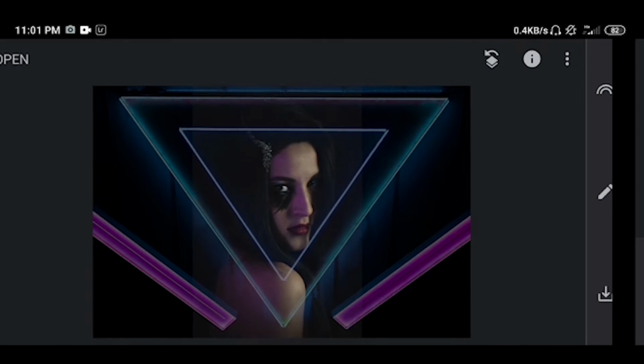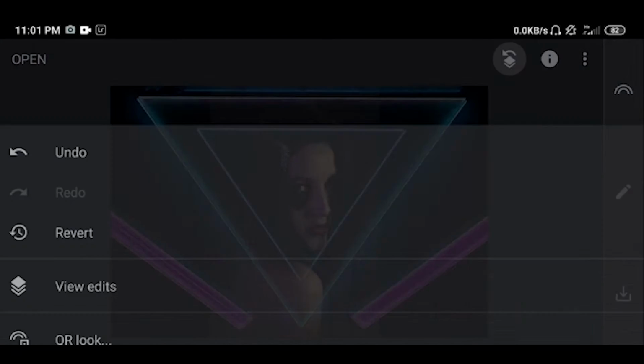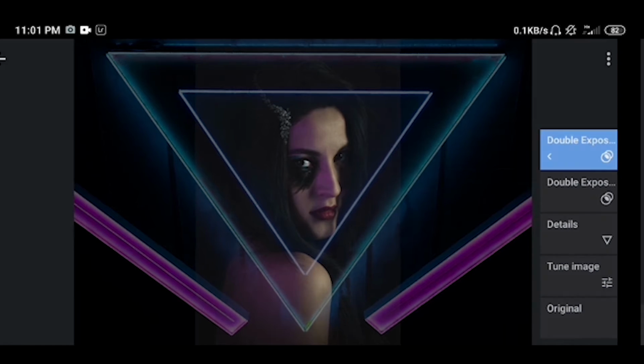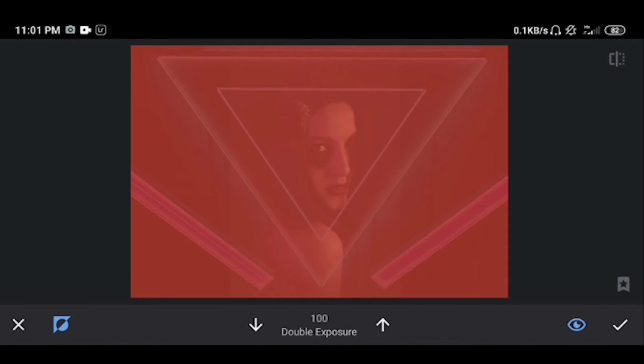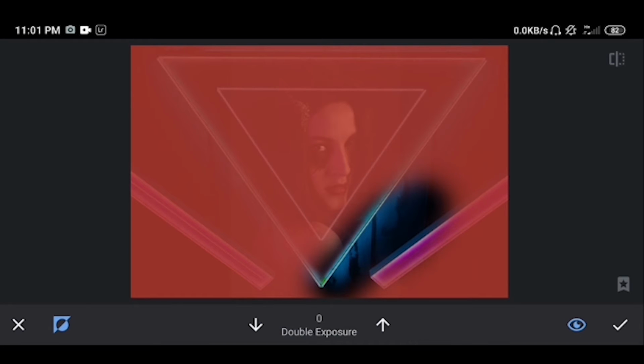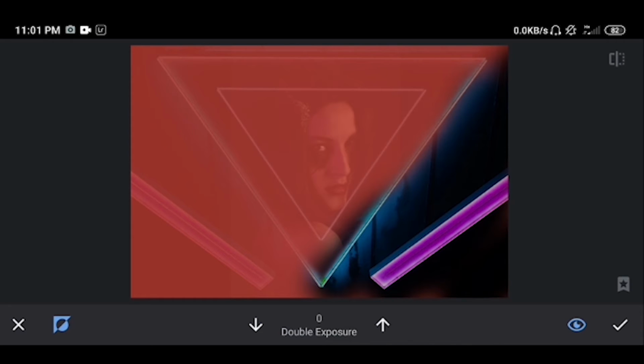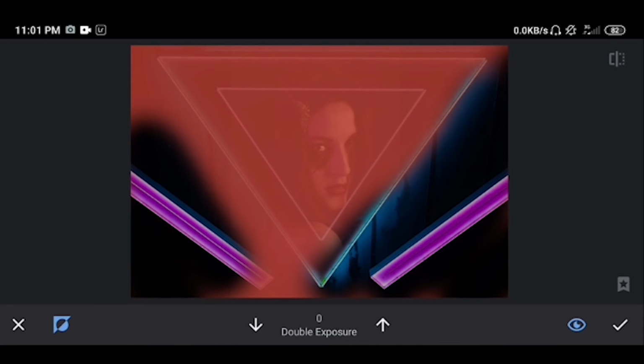You can see how it looks, and go there and you can see View Edits, and click on Double Exposure and click on it. Decrease this double exposure and clean everything without the face of the girl.